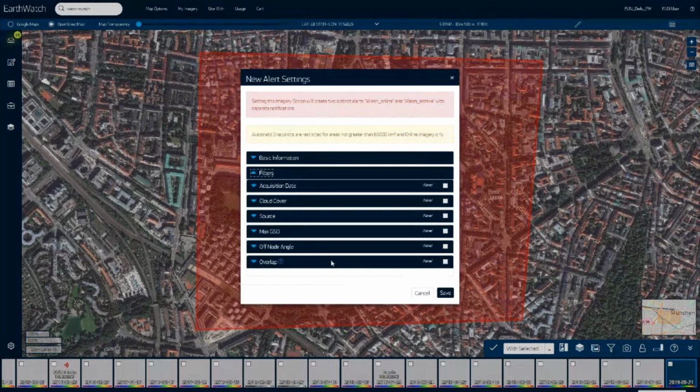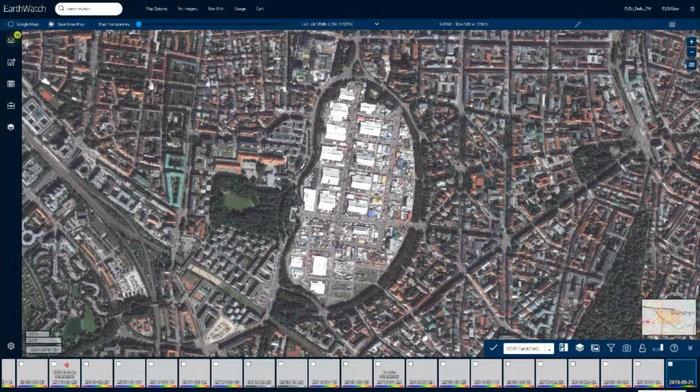Now, I would like to show you a very useful feature, which is called annotations. With the annotation, you can digitize and prepare reports directly within the web interface without the need of third-party software. So it's convenient for people who don't have a GIS workstation, but still want to produce vector datasets. So it's here on the left side.